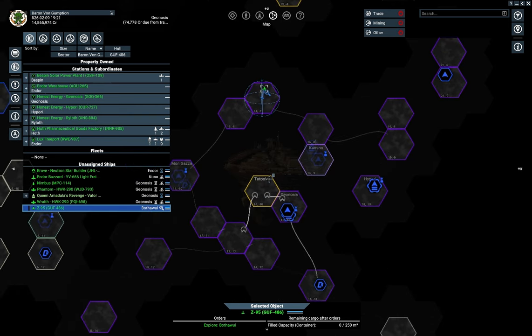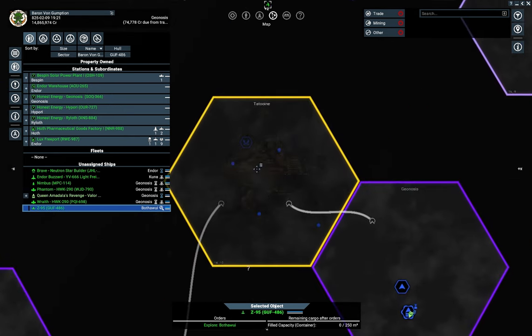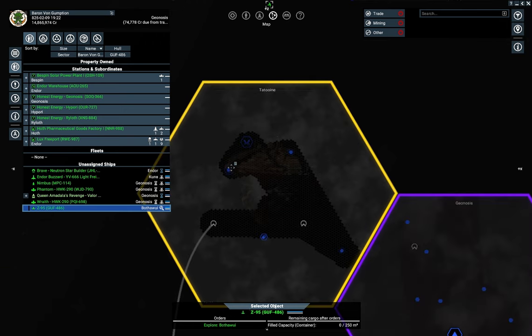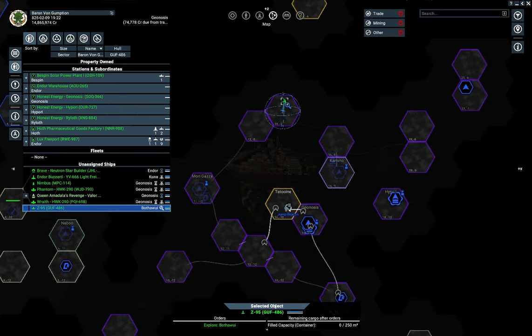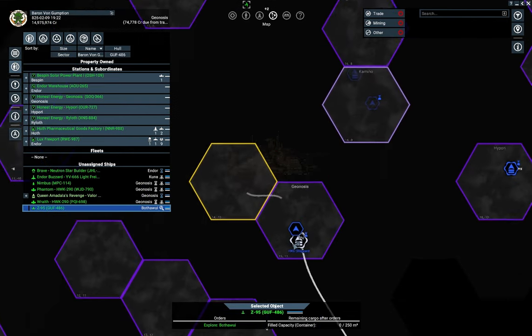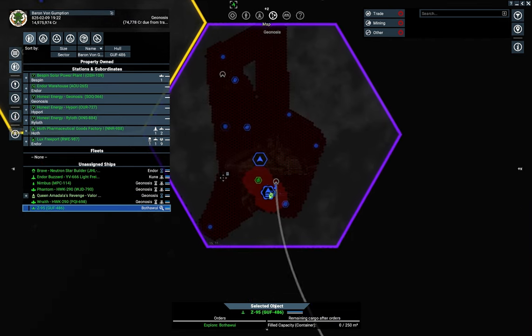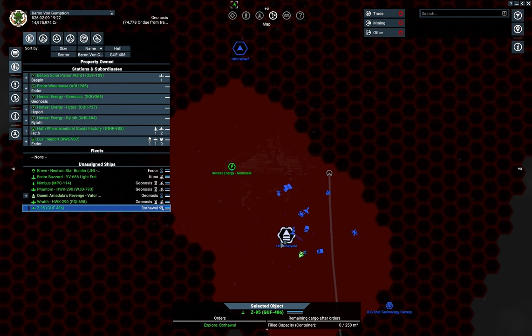So looking at the map, Tatooine is in a very vulnerable place for the Hutts because there's not much in the way of support and fleets and stuff like that. They've got to fly basically all the way around here to be able to get to us, which is good for us. So we can take Tatooine at some point soon. I think what we're going to do is we're going to buy this Geonosian frigate,